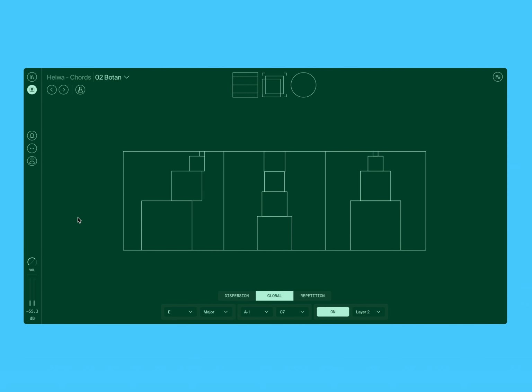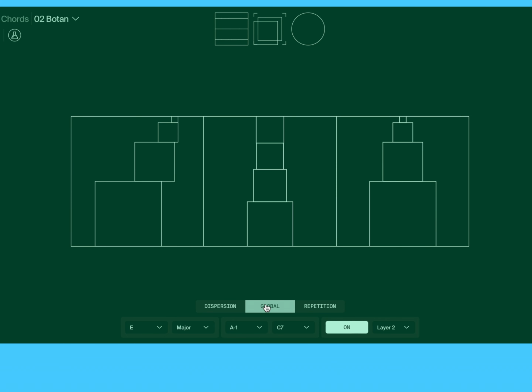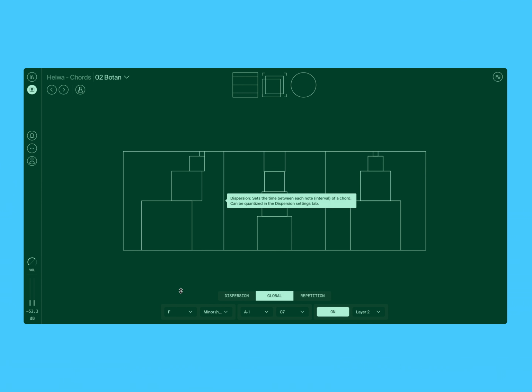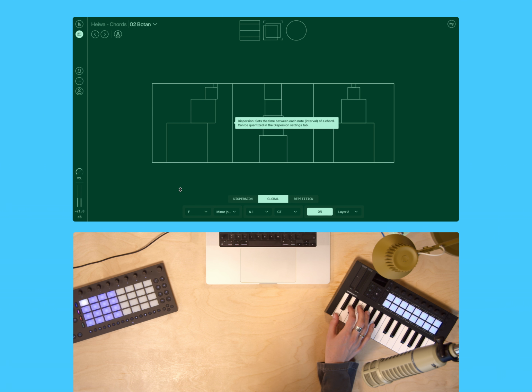To start off, I'll skip these main animations and go right down to the bottom global tab. The first parameters you see here let you set the key and the scale that you're working on. This preset's in E major, but I can easily change it here to say F minor harmonic. You can change that to whatever key you're currently working in, or let it inspire the beginnings of